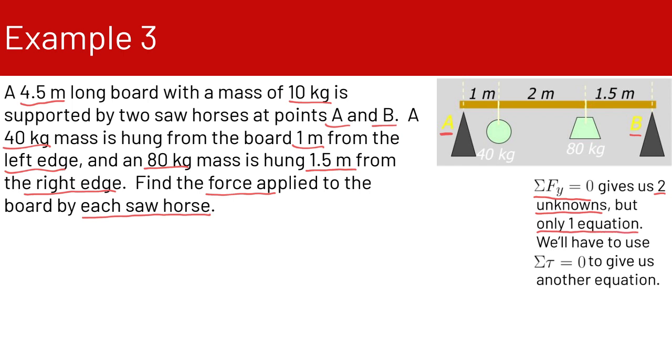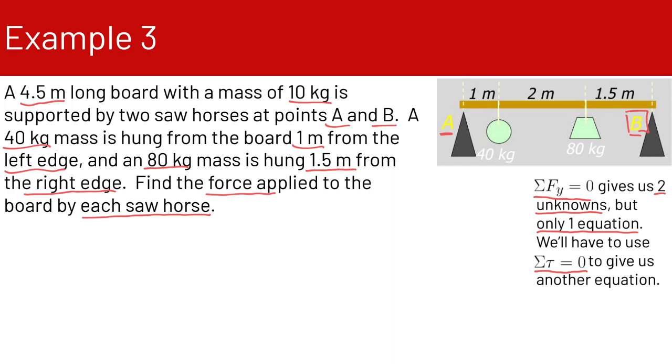So we'll have to use the sum of torques equals 0 to give us another equation that's going to allow us to solve for both A and B. The sum of torques is going to give us B, and then we can plug in the answer for B into our answer that we got for the sum of forces in the y direction, and that will enable us